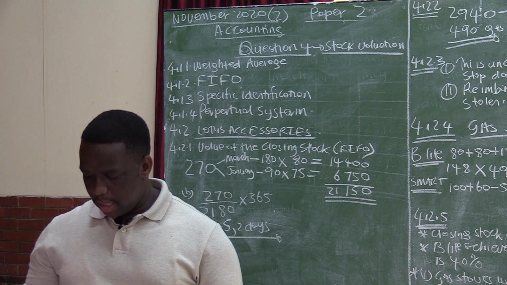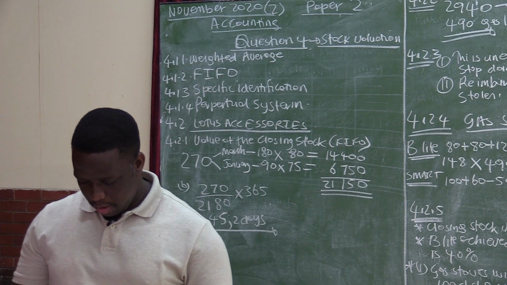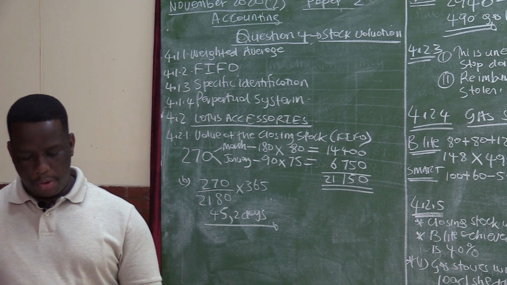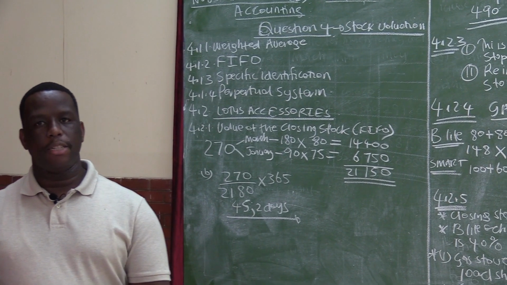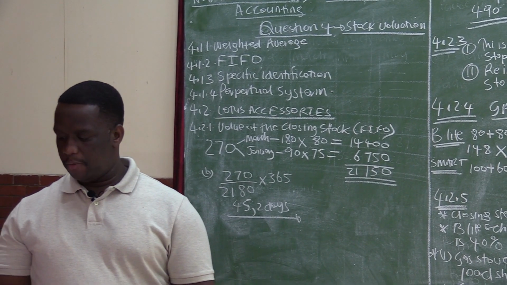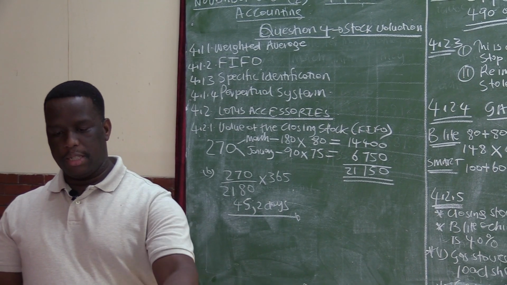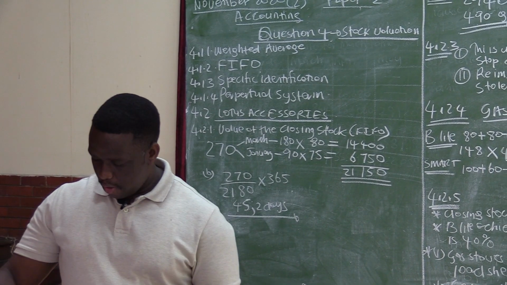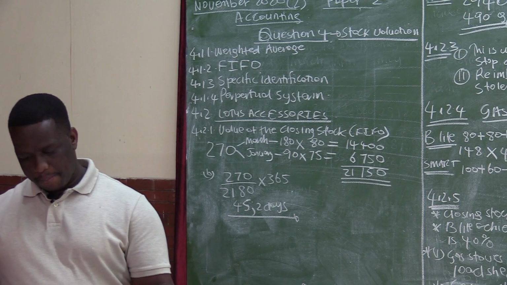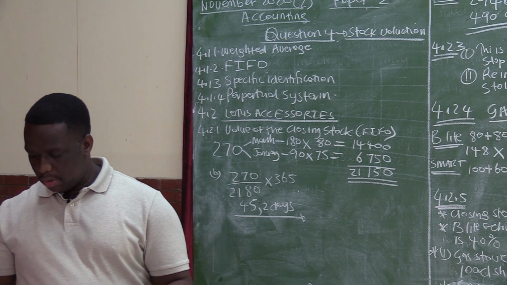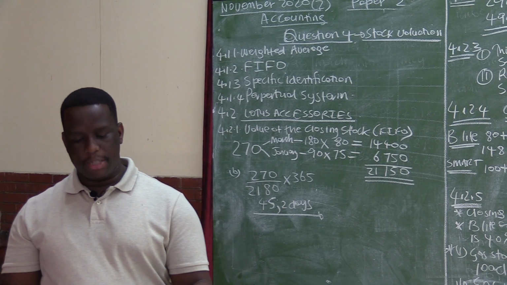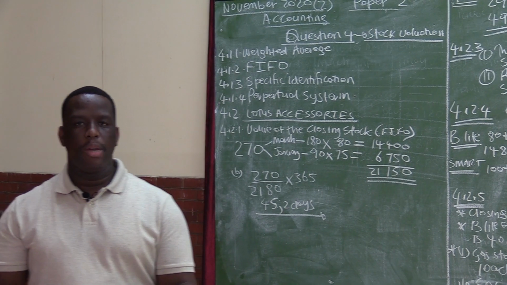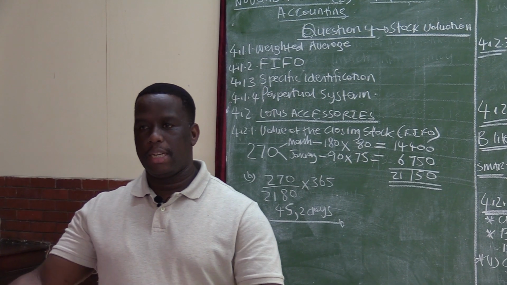Question 4 was a little bit of a short question, from 4.1 to 4.2.5. And this is not only bringing us to an end of question 4, it is then bringing us to an end of paper 2. Accounting students need to be very clear of the items or aspects which are tested in paper 2, and also aspects which are stated in paper 1.